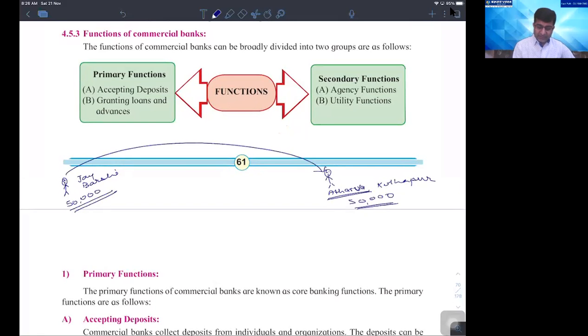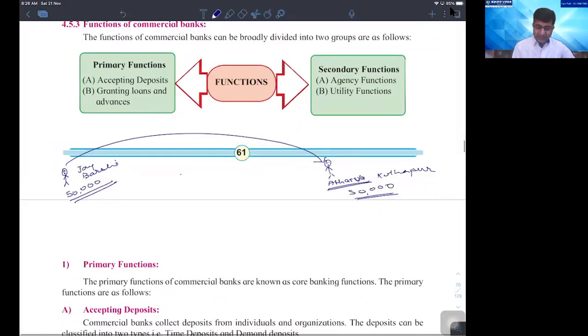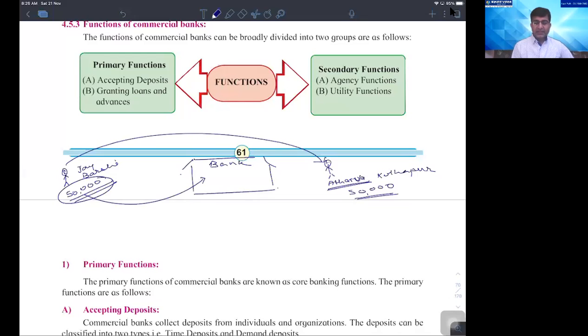So for that purpose comes the very important intermediary, that is the bank. What this bank does is take this 50,000 from Jay and, keeping some part, let's say 5,000 or 10,000 rupees, based on the CRR, SLR, etc., gives an amount of 45,000 or say 40,000 rupees to Athar. Athar, whose requirement was 50, has already received 40 of it. So by that way he can start his own activity, or not.